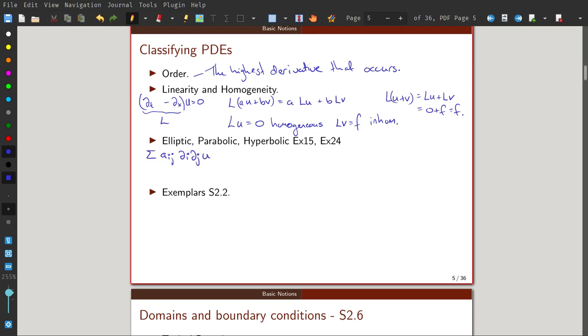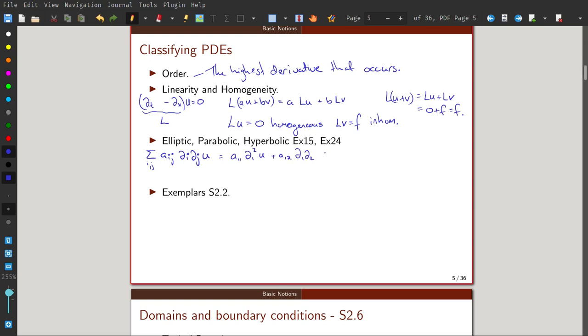Okay, so what we have here is a term that is the sum over i and j in the appropriate however many dimensions, however many variables the function has. And for example, I'll write this out in the case of n equals 2, two variables. We would have a11, the derivative with respect to the first coordinate twice, plus a12,